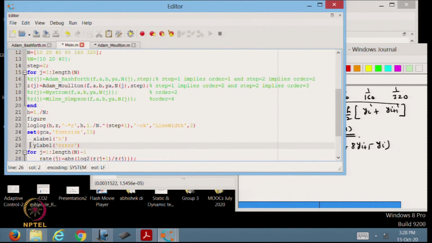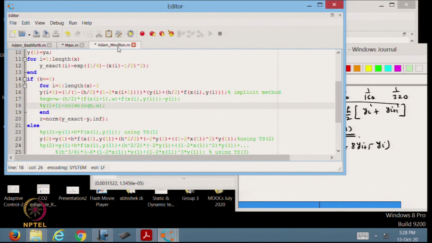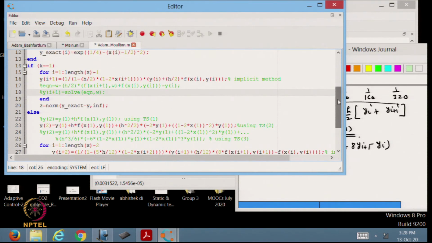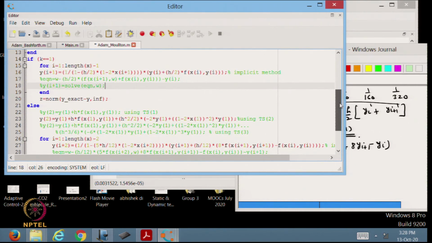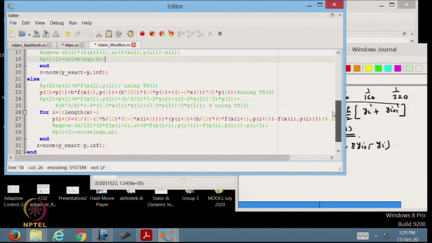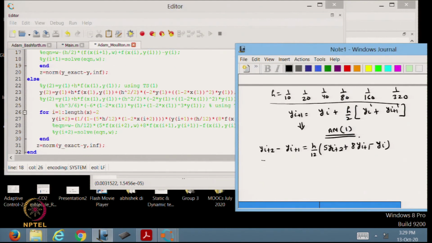Okay, so now you can check whether we have implemented the same difference scheme. Again in this case I have implemented two difference schemes, corresponding to k is equal to 1 and k is equal to 2. If you want to go for a higher order method you can modify these codes. Okay, so y2 is basically this scheme. So, again if you observe this method, this has yi plus 1, yi plus 2.